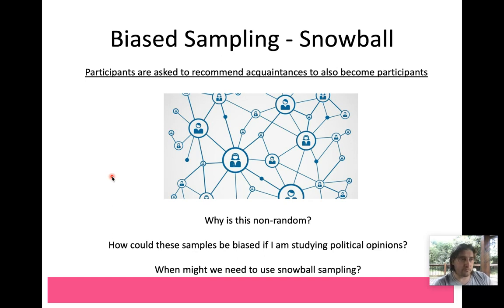Or we're collecting data on college students who are in fraternities or sororities, right? Who are involved in Greek life. Would you mind going back to your sorority and handing out these flyers and letting everyone know that we're collecting data so that they can come be in our study? Right? So you're asking participants to recommend people they know to also become participants. This is clearly non-random